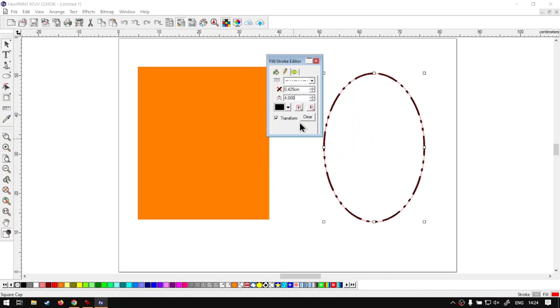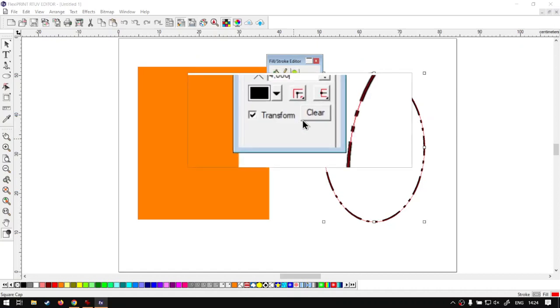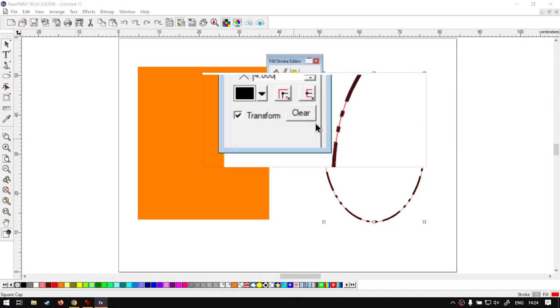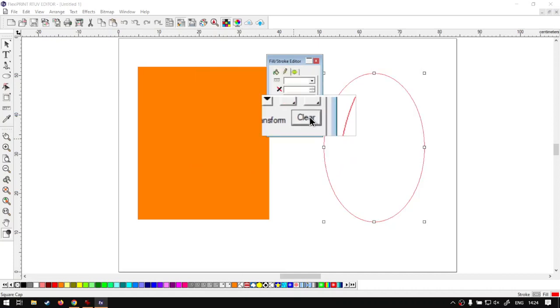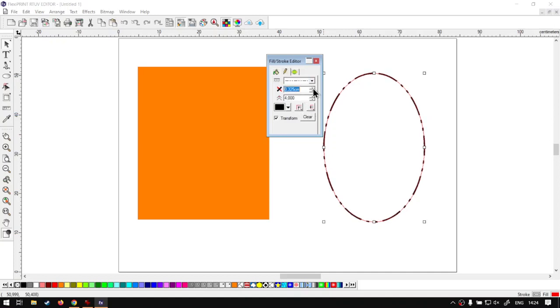And then we also have this nice little button here called clear. So if you didn't like the transformations, you want to set it back to default, you can simply click that. As you can see, it will remove our stroke and clear it for us. But let's just add something again, just so it does not look so plain. There you go. And then on our last tab, the blending mode, like I mentioned, this will be more advanced